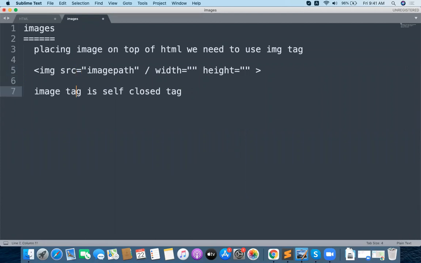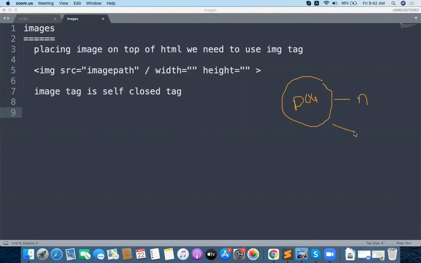For example, you take a dog, like this. This is the dog, and a dog has a number of properties, right? The dog has some name, some color, some height, and some weight. All these are actually properties of this particular dog, right?